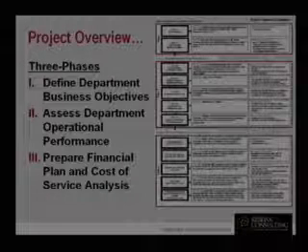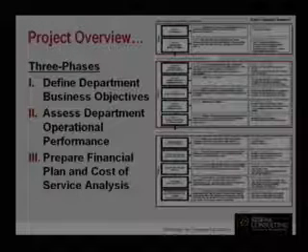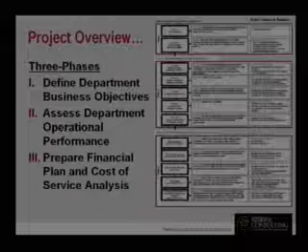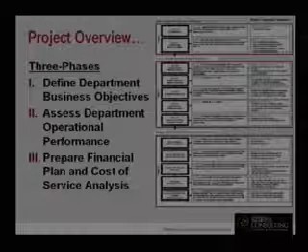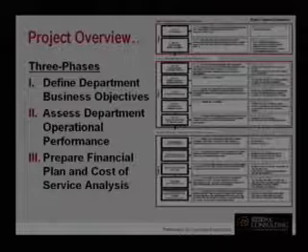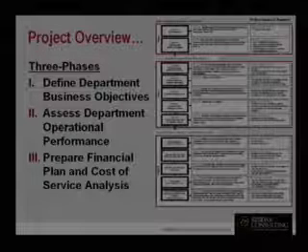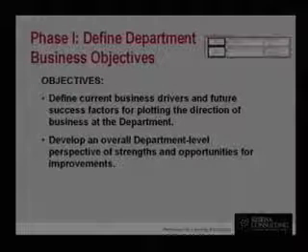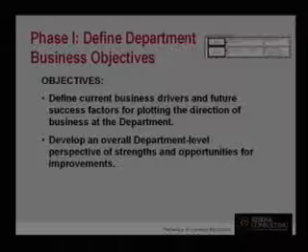And then as Sean said, only after completing those 2 phases will we then do any comparison of costs to current revenues. And if deemed appropriate, after we bring this back to the council, we'll then move on to phase 3, to really talking about a rate study and the potential realignment or restructuring of the rates that your customers pay for water and sewer service. So with that, let me ask Dennis Jackson to come up and talk a little bit about phases 1 and 2, and then I'll be back in just a moment to talk about that 3rd phase, if in fact we get to it.